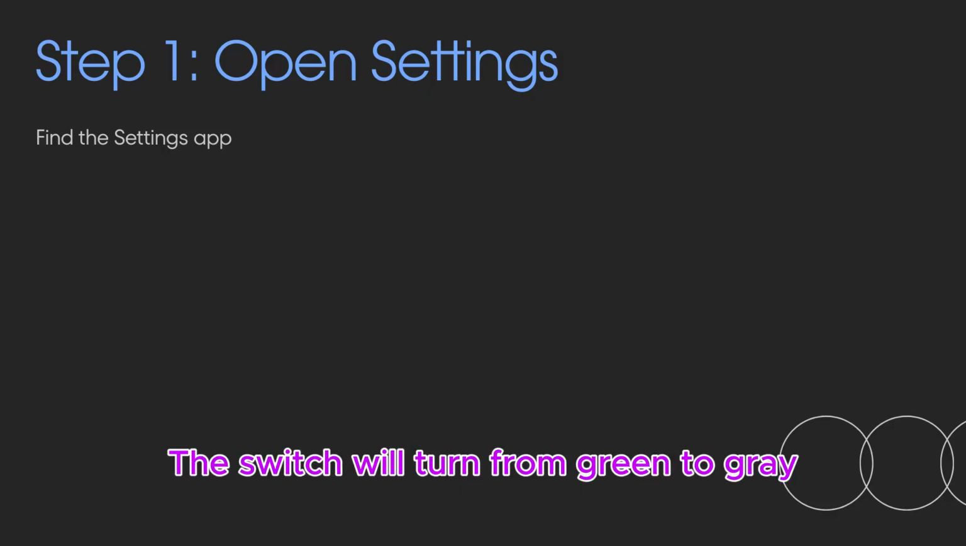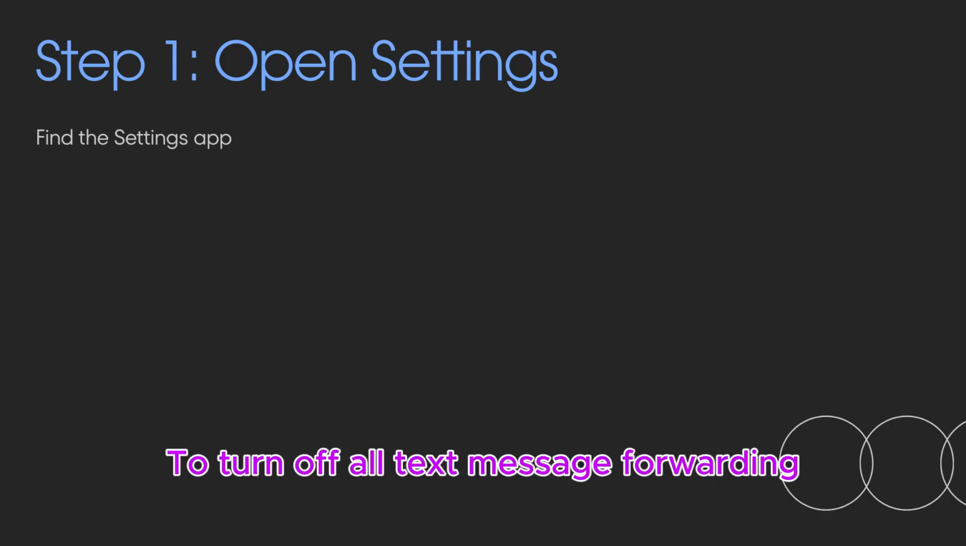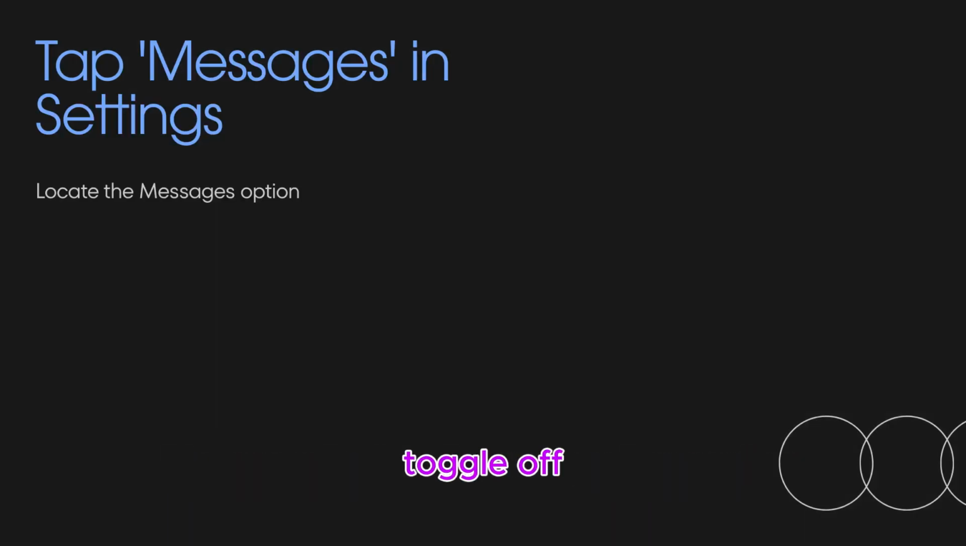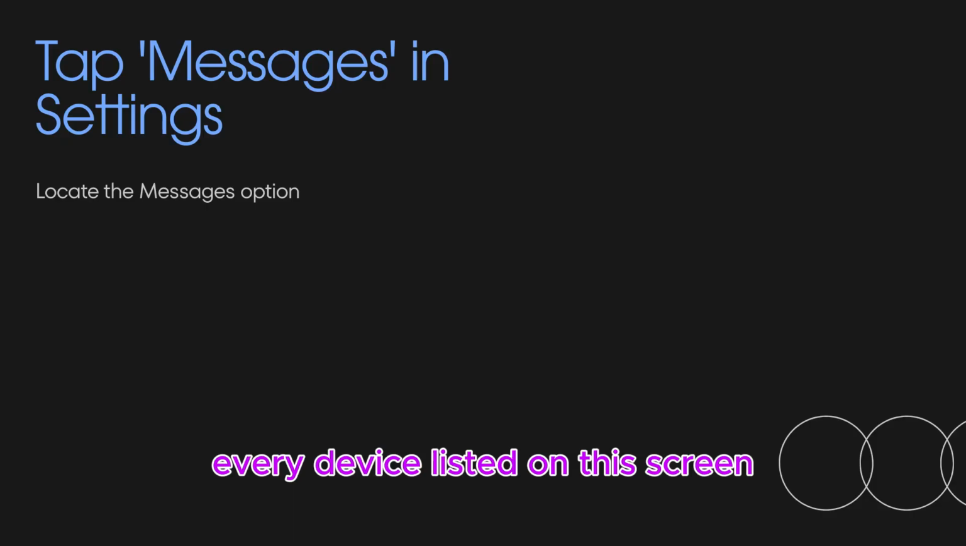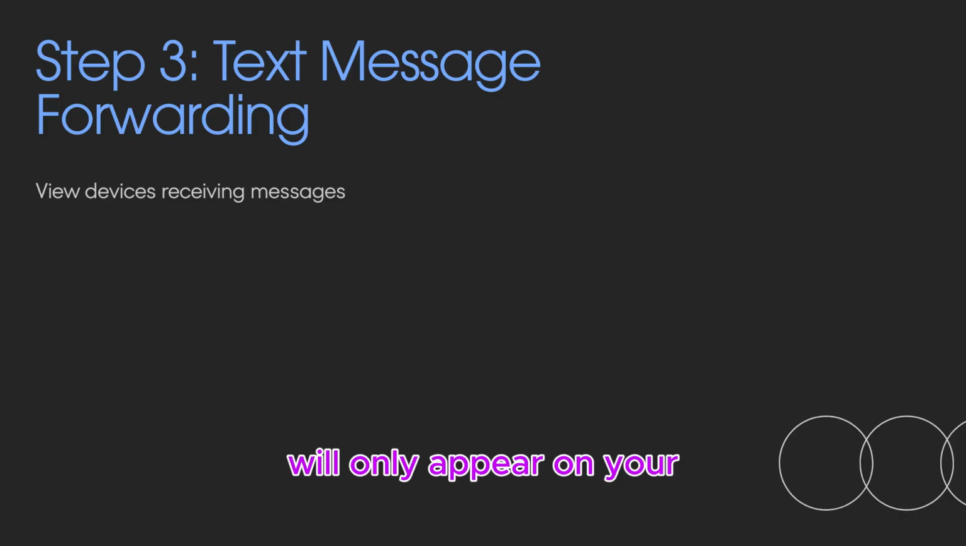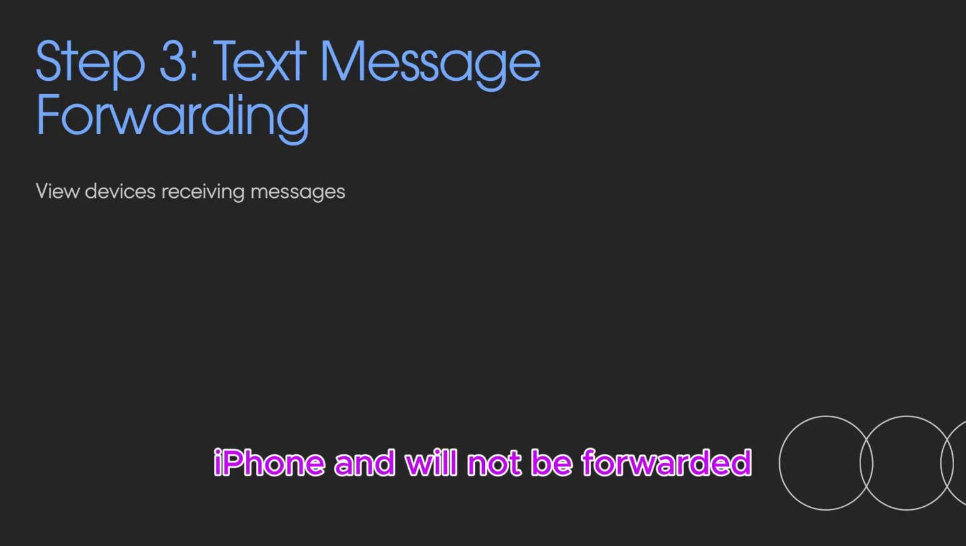The switch will turn from green to gray. To turn off all text message forwarding, toggle off every device listed on this screen. Once disabled, new text messages, SMS, and iMessages will only appear on your iPhone and will not be forwarded to